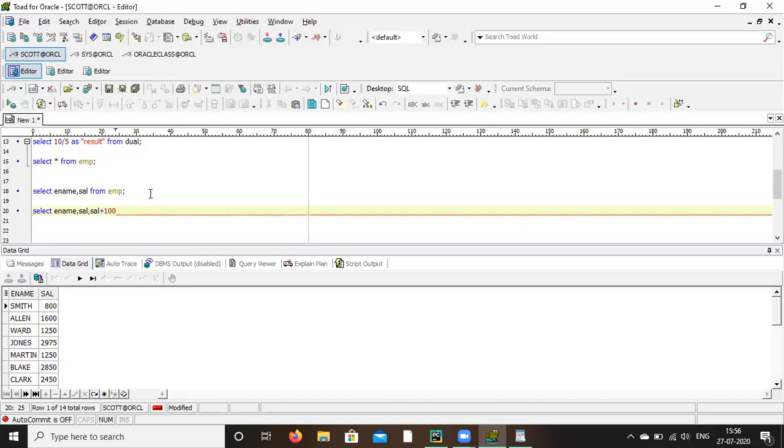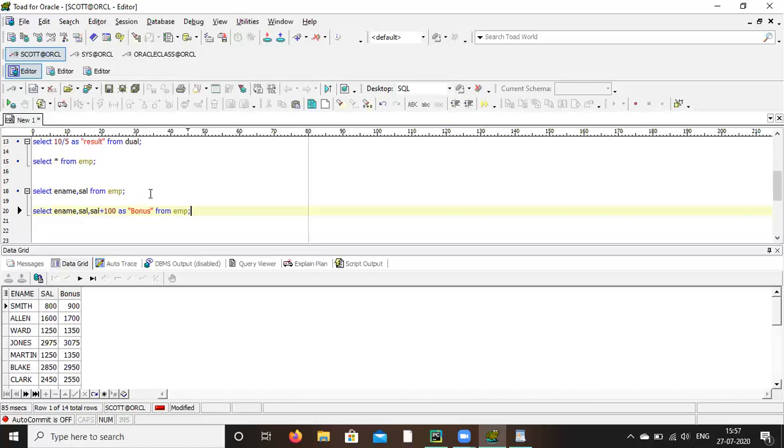Give some alias name, as bonus. From EMP. Always try to write select in one line and from in the next line. Okay, it's a good practice. Put that from down.